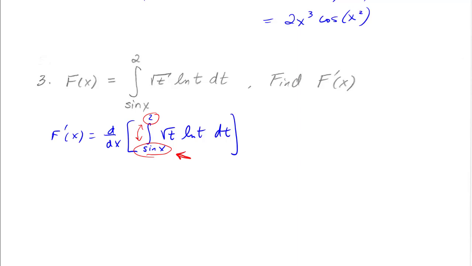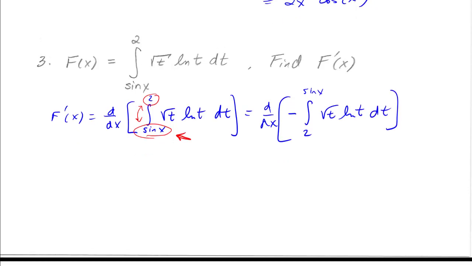All right, so what do we do? That's not a big deal, because we know that if you want to switch the limits of integration, you just put a minus. So it's negative integral from 2 to sine x of radical t ln t dt. Okay, so what do we get? Well, again, we just have a negative there that we can take out. So we have this